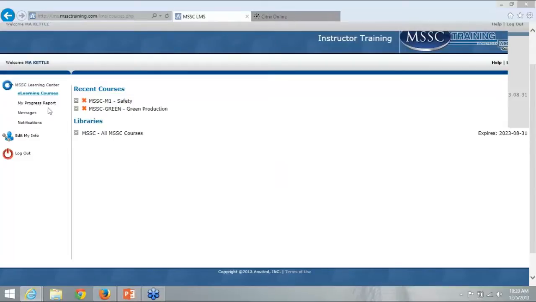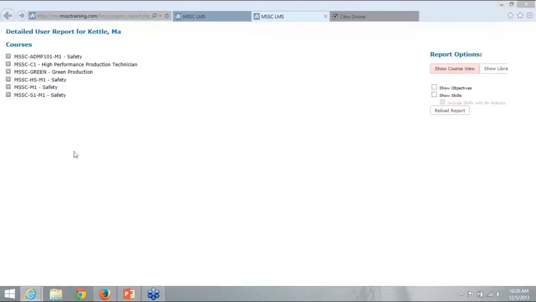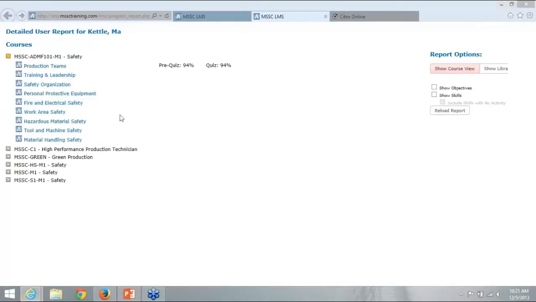The next thing I'd like to talk about for the student is they actually have an option to see a My Progress report. And what it brings up is the courses they're actually enrolled in. In this case, since I have been doing the safety, it gives me feedback of what my pre-quiz scores are and the post-quiz scores. But what's kind of nice about this, if they go in and click to the right, where it says show objectives and show skills, reload report,